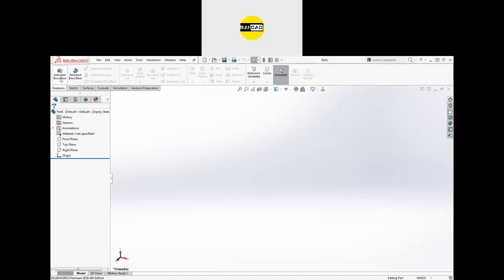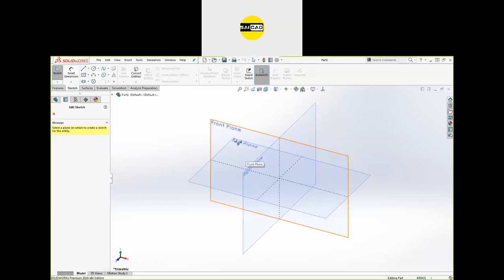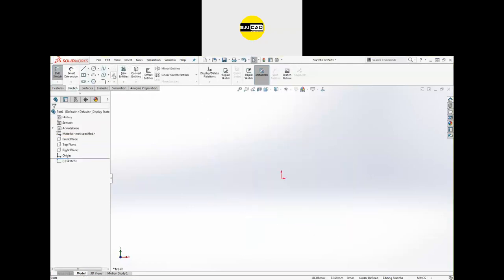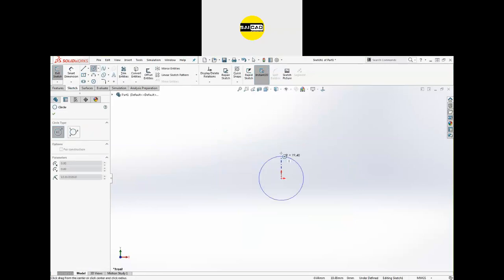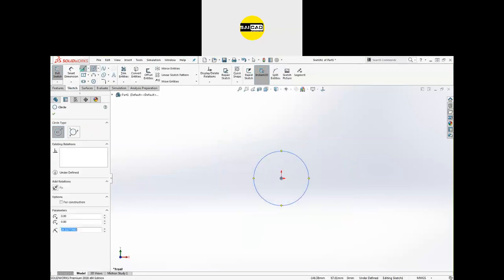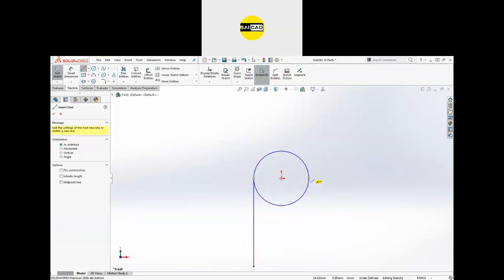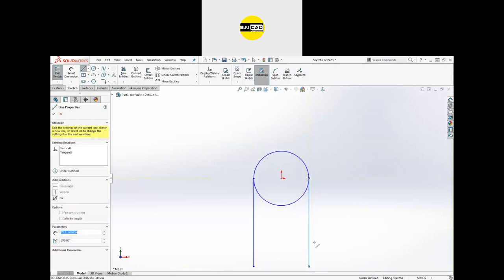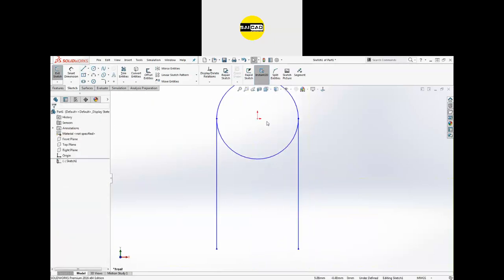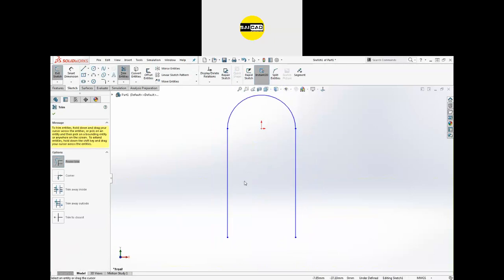Okay, so here we have to simply create a sketch. I'm going to sketch in the front plane. We have a circular shape. We have some lines like that. After that, trim out.